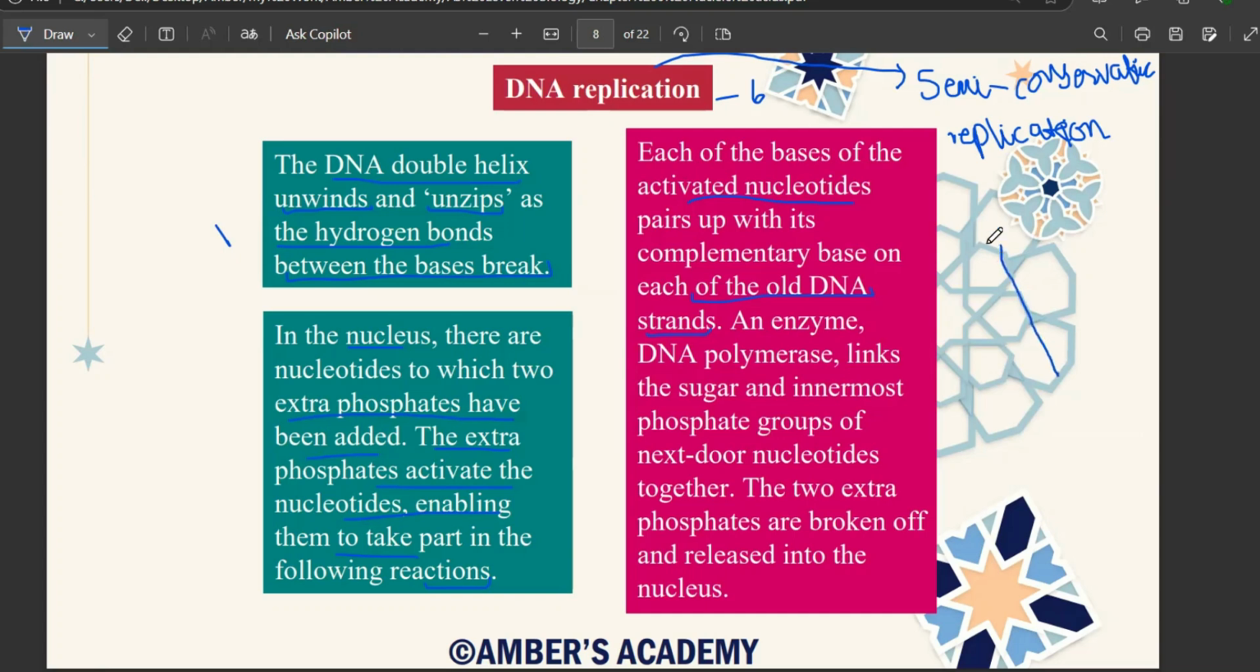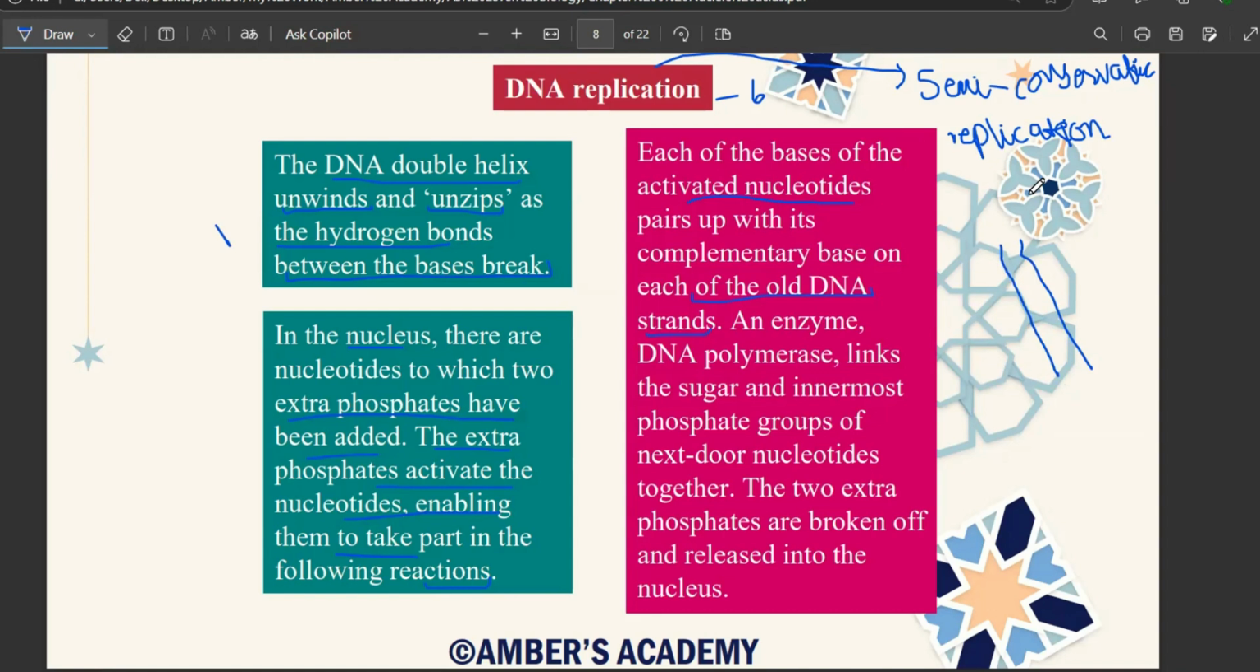So one of the strands is the parental strand, and the other strand is the new strand. Semi-conservative replication literally means that one strand of DNA is the parental strand, and the other strand of DNA is the new strand. Okay, so this is exactly the agenda of semi-conservative replication, because lots of theories were proposed while the scientists were